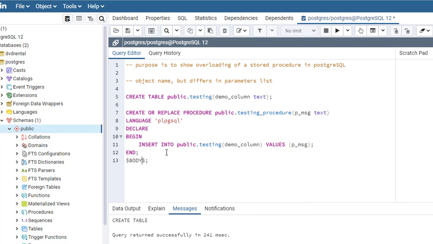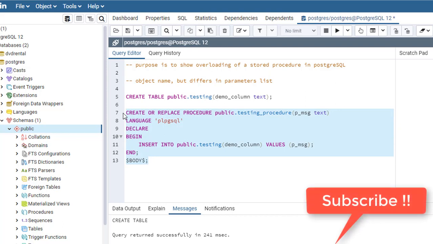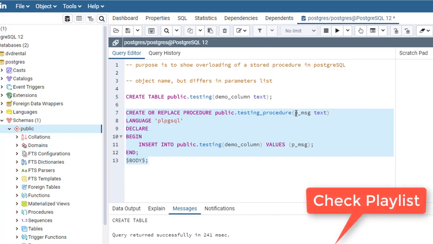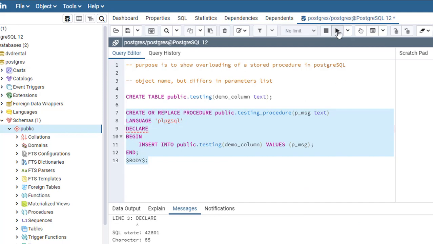So this is one simple procedure that I'm creating. It will simply insert the message that I send as a parameter into testing.